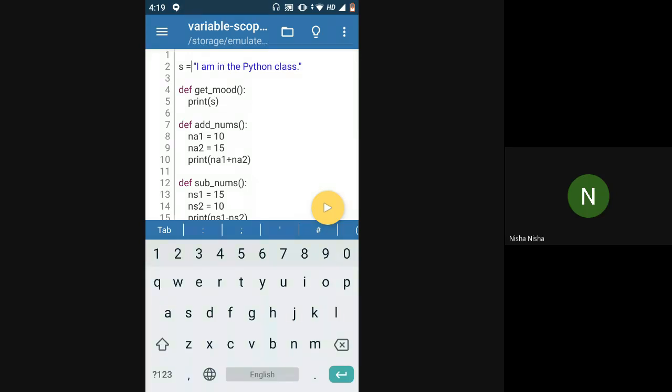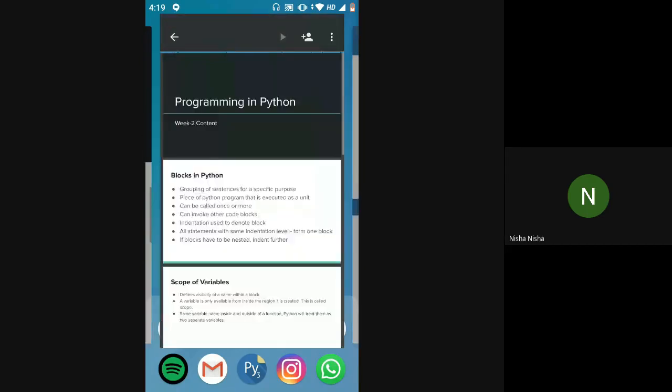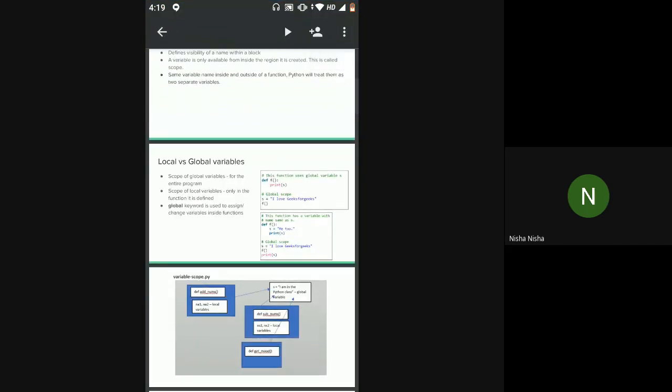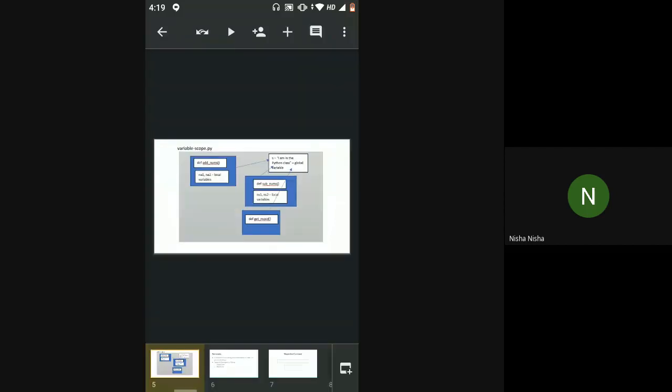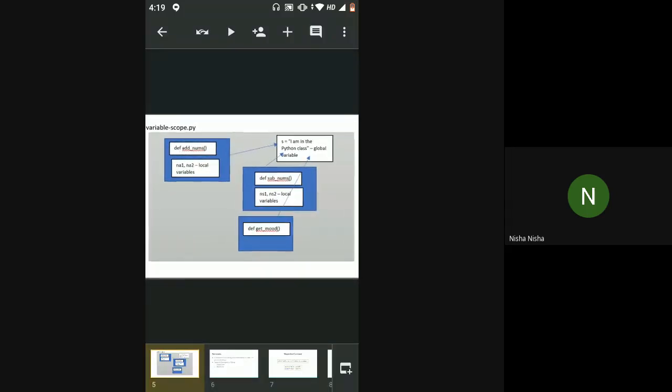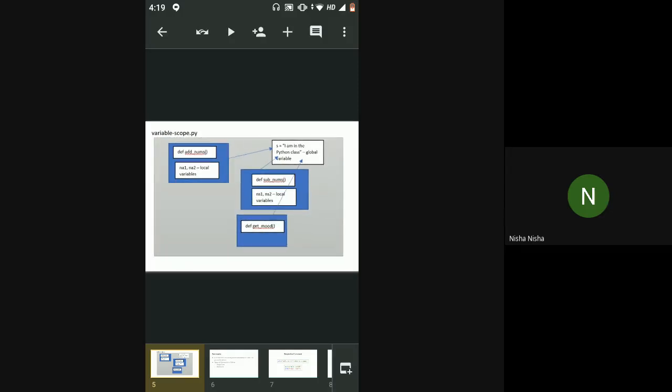Okay, so I'll give you a diagrammatic visual of how this is. Here you see this whole gray area, this big box that I was talking about yesterday. This gray box is your code, the whole file variable scope.py, the code that is present in your file. Now you have three functions in your file. These three functions are shown by the blue boxes. You can see three blue boxes here, so these three blue boxes are the three functions present inside this variable scope.py file.